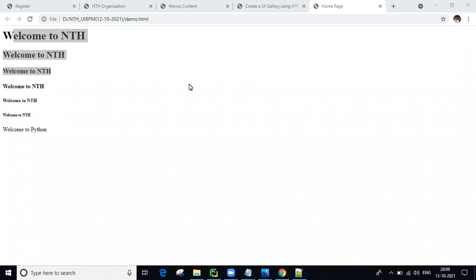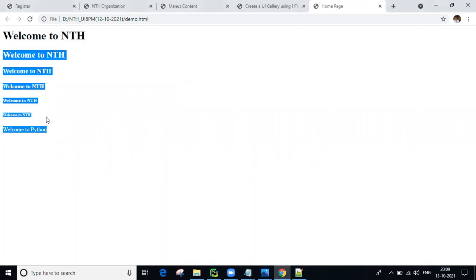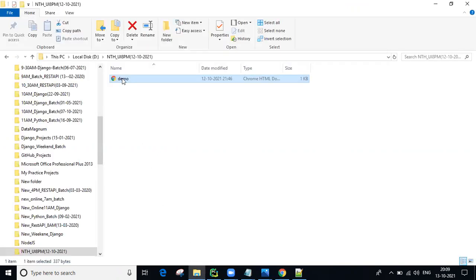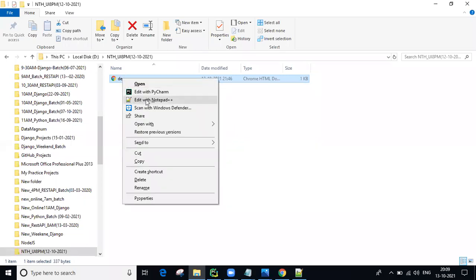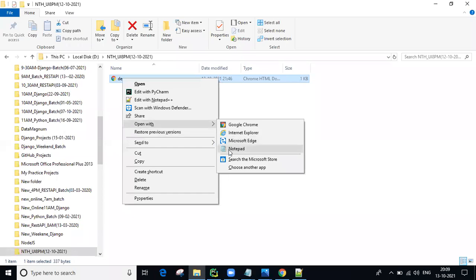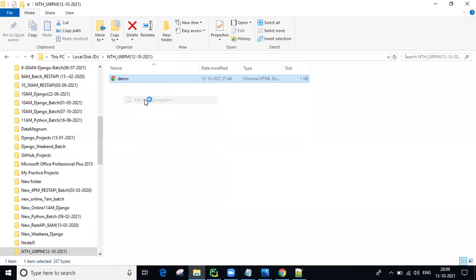Generally when we are designing HTML pages, HTML websites, we regularly use header tags and paragraph tags. These two are general tags, H1 to H6 and paragraph tags, that we use regularly. In this page, if you want to add something, open your folder location, right click on this file and open with Notepad++, or Edit Plus, or Notepad, whatever you want. I'm going to open with Notepad++, guys.